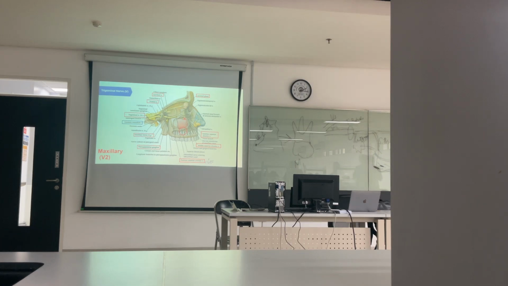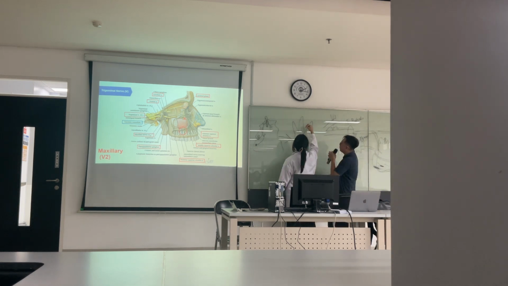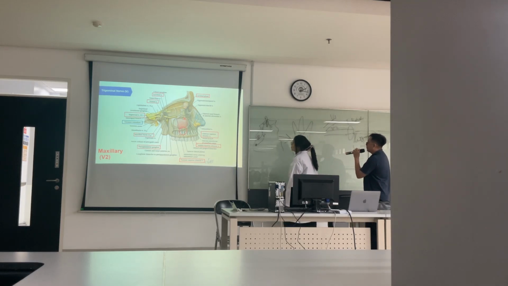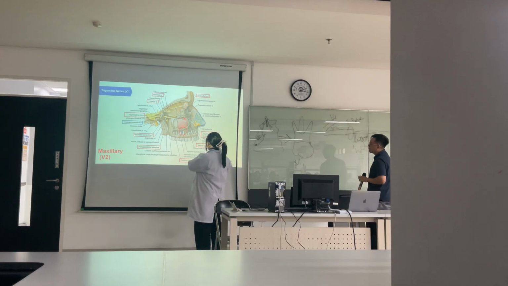So this is important because when you want to remove the tooth, especially the upper molar one, the first molar of the maxilla, the supervisor will ask you a question: what nerve do you anesthetize? If your answer is wrong, then you cannot treat the patient. Which one is superior alveolar, posterior? Inferior is there.